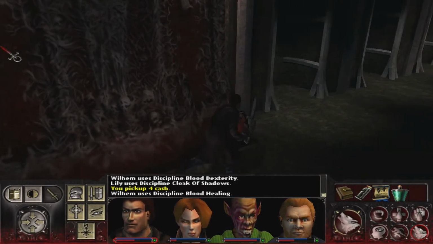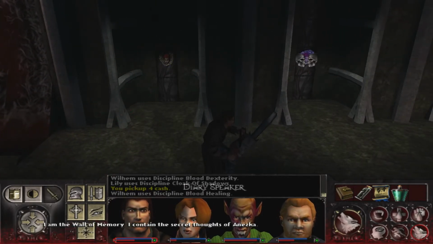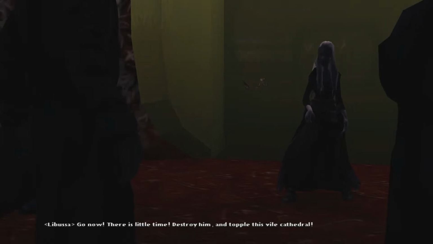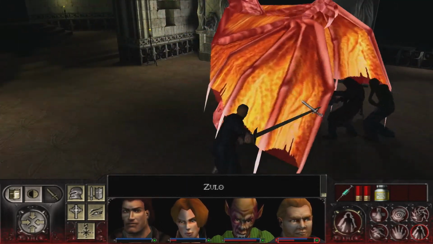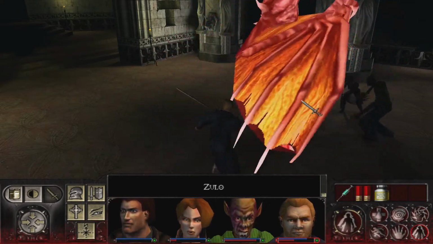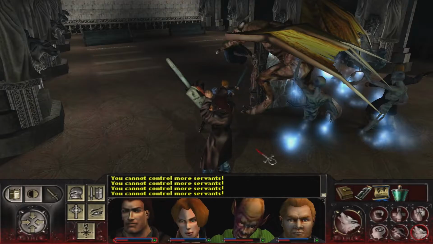Actually, this takes us to a room where we can listen to the thoughts of Anezka throughout the ages where Christoph was absent. Labusa offers assistance, which grants us access to the true final fight, the last battle of Redemption, a fight against Zulo. This is another painful boss battle, even with cheats at the ready. I threw just about everything I had at my disposal at this monstrosity and...